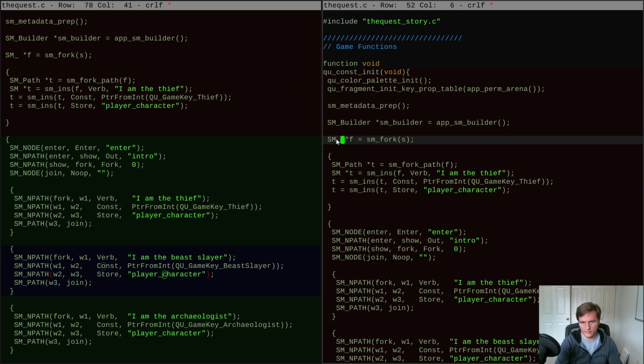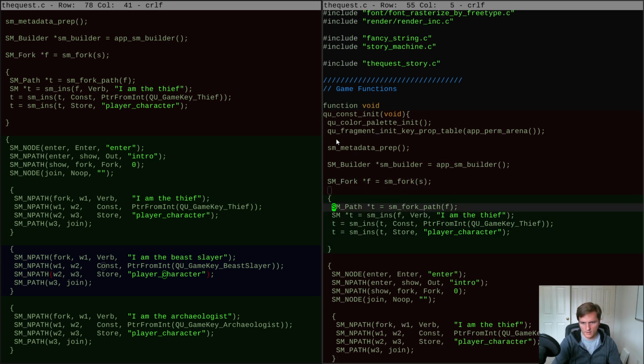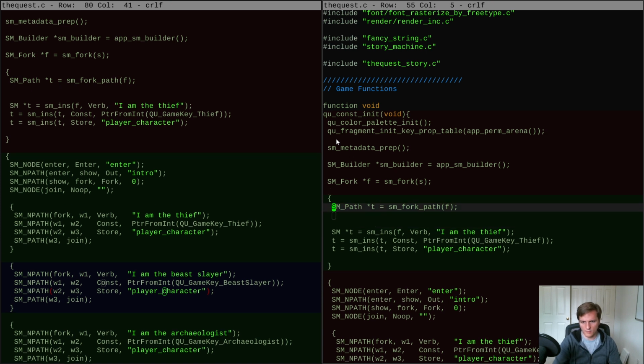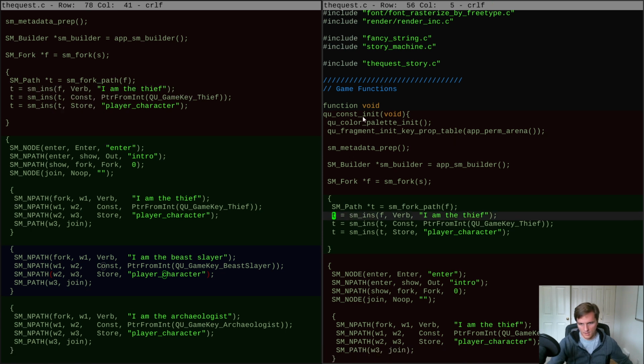This could even be called the fork, right? And then I go get me a path off that fork, get me, once I'm holding a path, I pass the path into the instruction that it's going to flow into linearly. So this would go like this all the way through,